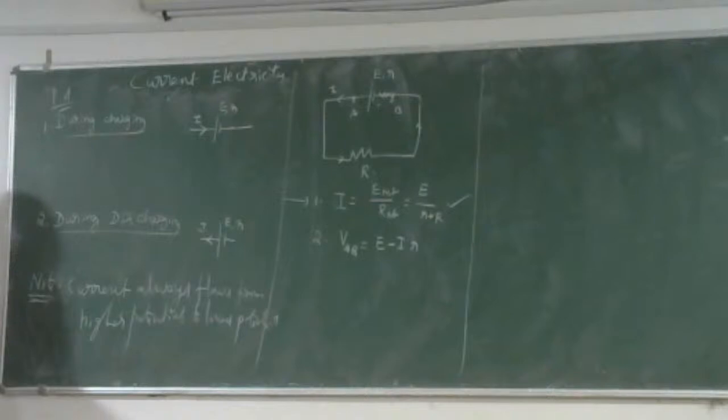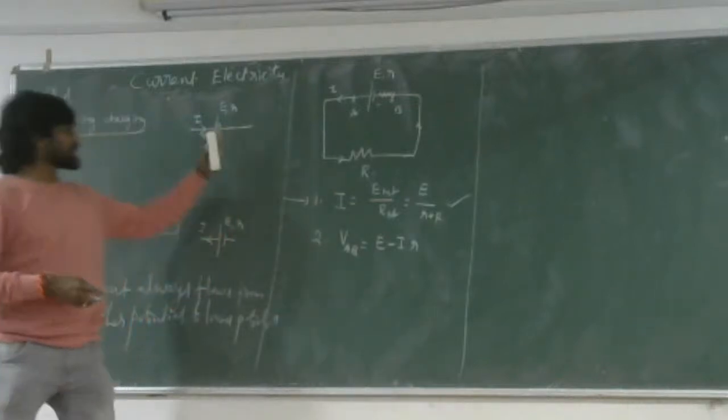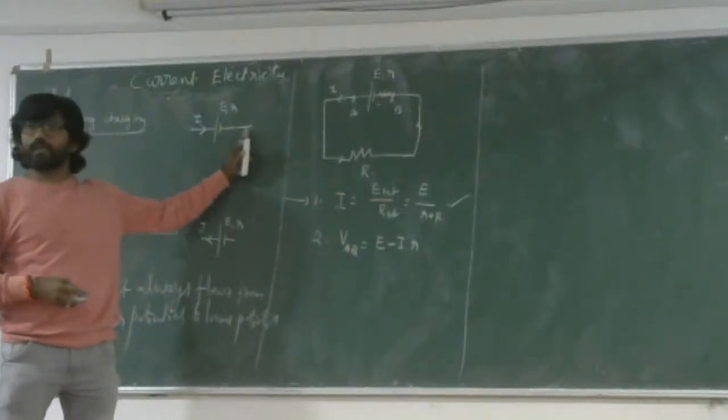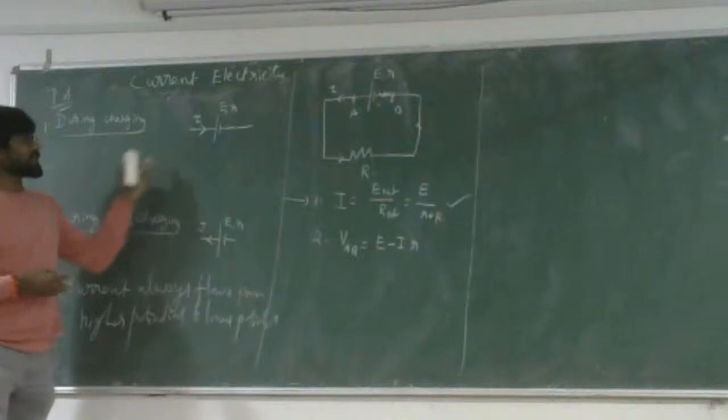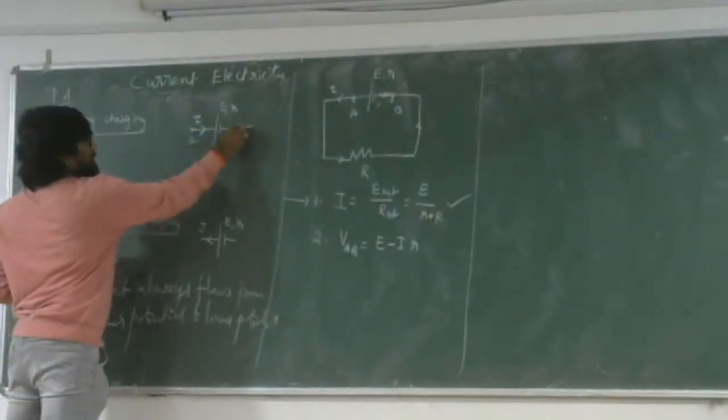Current always flows from higher potential to lower potential. Now, current is flowing in this direction, which means this will be higher and this will be lower. Are you following, everyone? So based on the sign convention, if this is A and this is B, mark it,